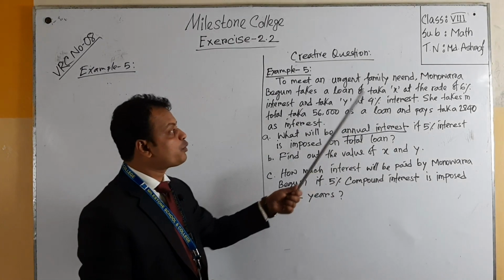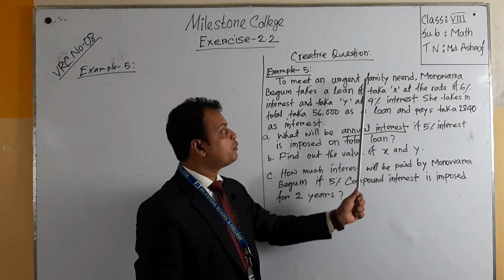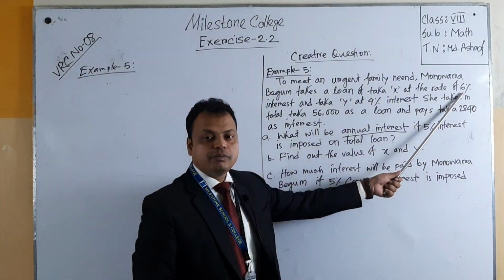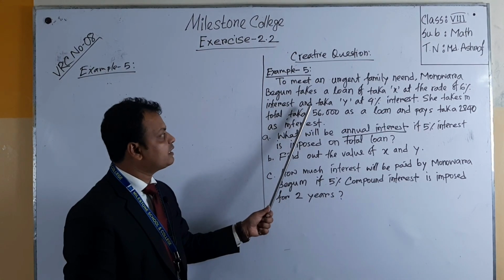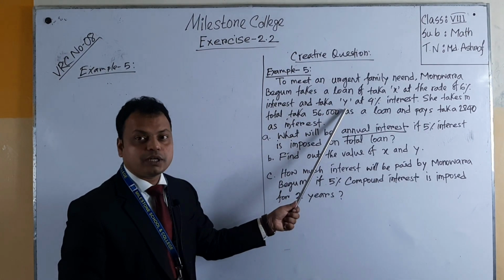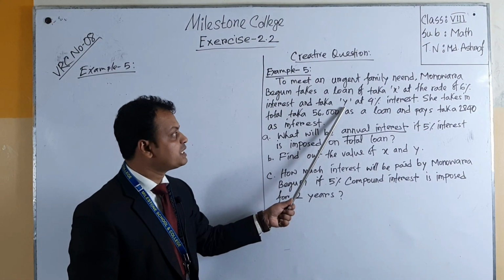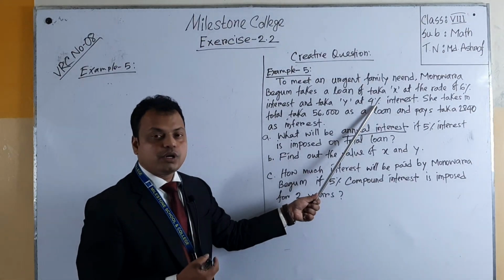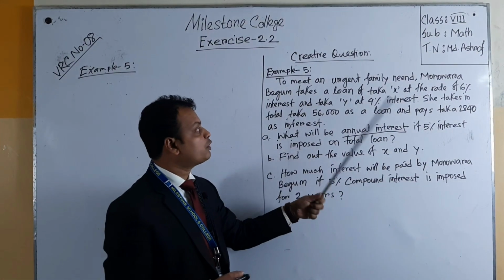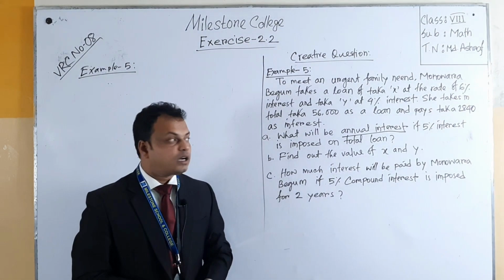So if we find the profit, I equals PNR. P will be x, N will be 1, and R will be 6%. So this is for x. And there is another thing, taka y. What is taka y? Taka y will be the loan, another principal at 4% interest. So here R will be 4%. So for the two parts, x and y, we can find the profit.